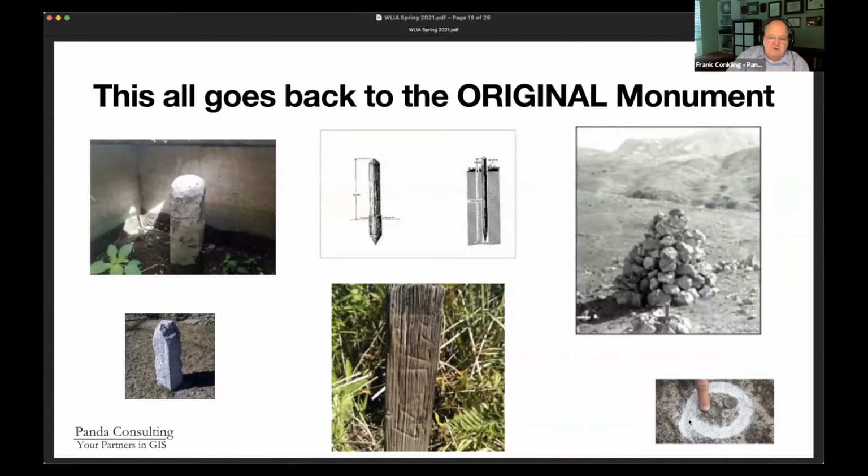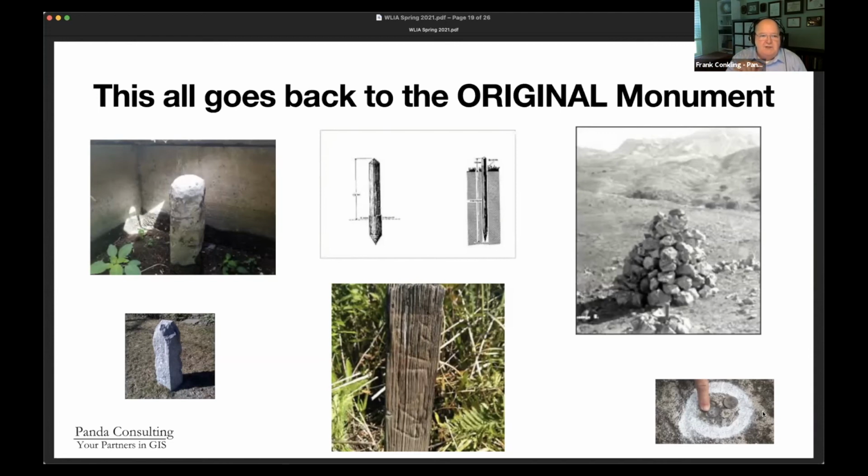In this lower right corner, you see what we often call a pin cushion corner, in which you've had subsequent surveyors, none of them being willing to accept the location of a monument as the original monument. So they all felt the need to establish their own. This is not good practice. This is not good practice. Other than that, you see some